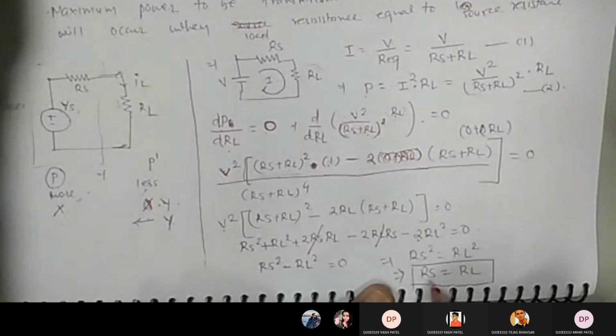Okay, so the first condition we have got is: if the source resistance becomes your load resistance, or the load resistance becomes your source resistance, we will be having maximum power. Now what will be the value of maximum power? I told you that if the power given by the source is P watt, the load resistance will not get 100% of it, but it will be getting lesser than P. But we want to find out P max.